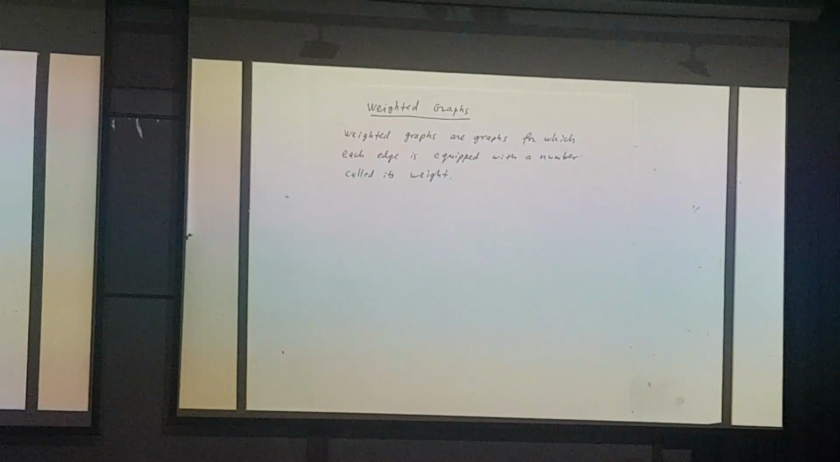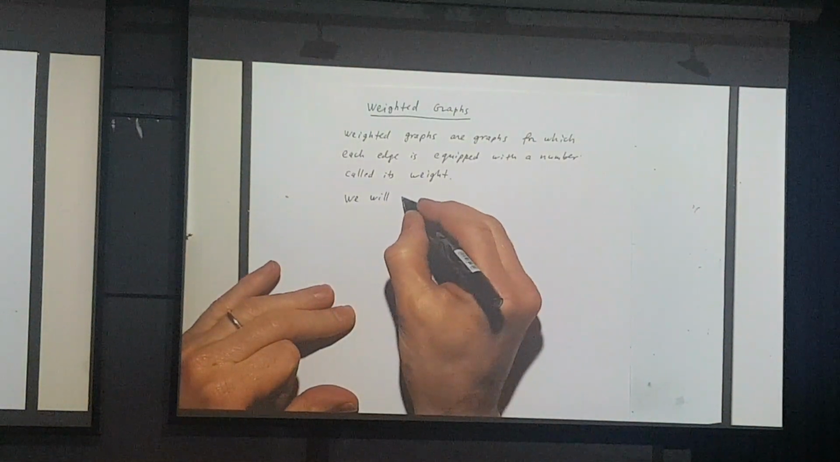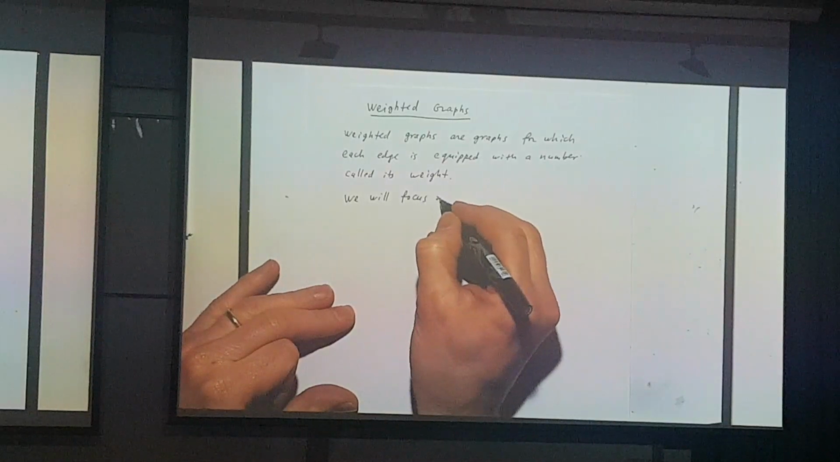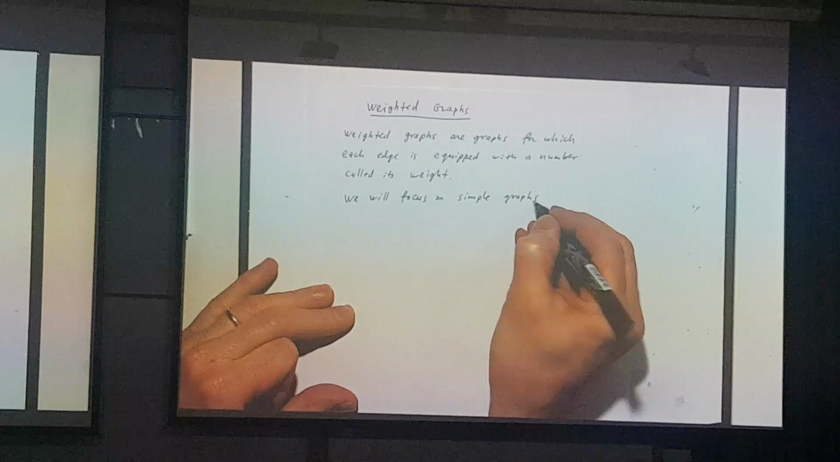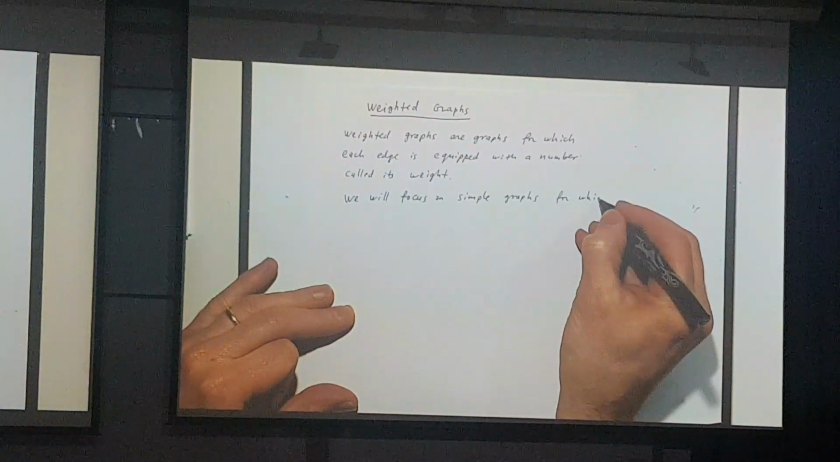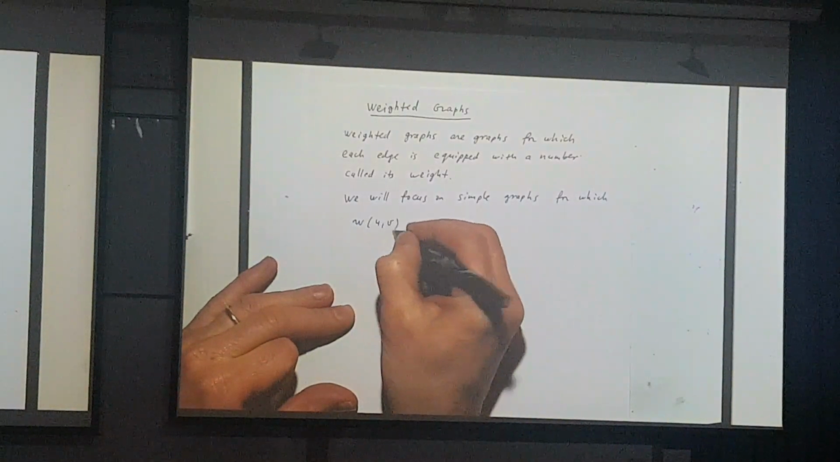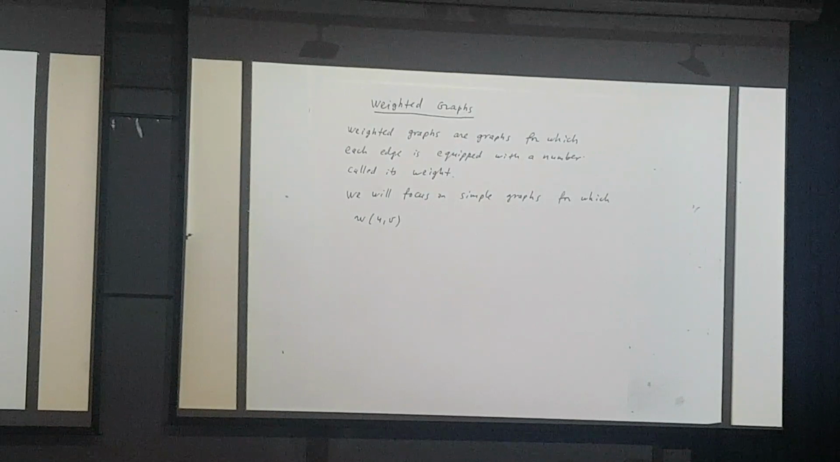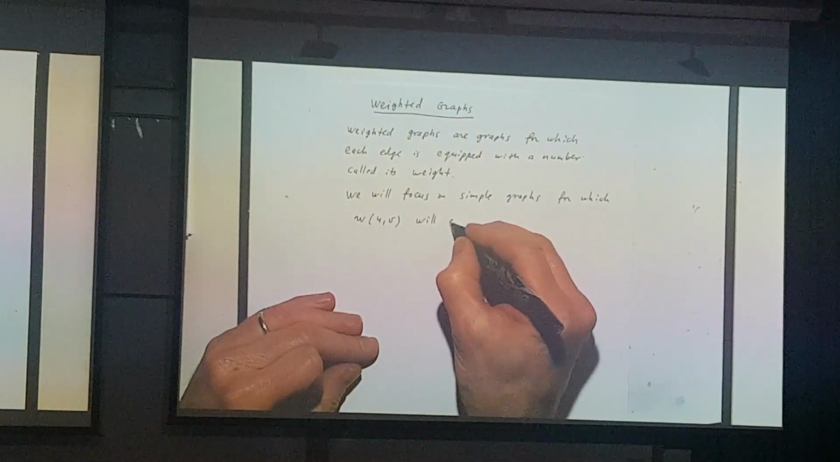Talking about weighted graphs, we'll focus on simple graphs, for which we will denote as W of U and V the weight of the edge UV. So this will denote